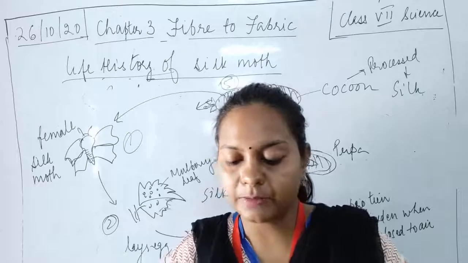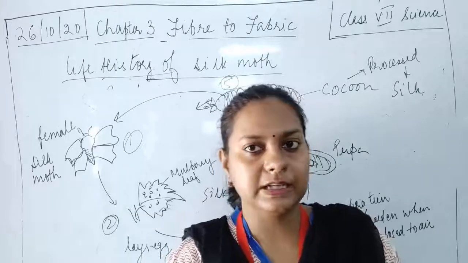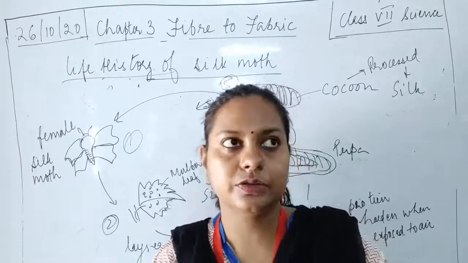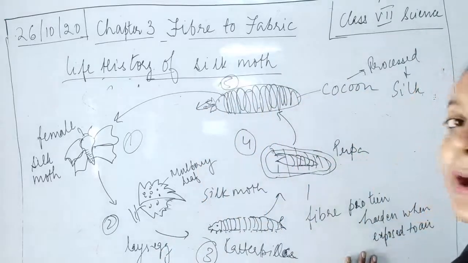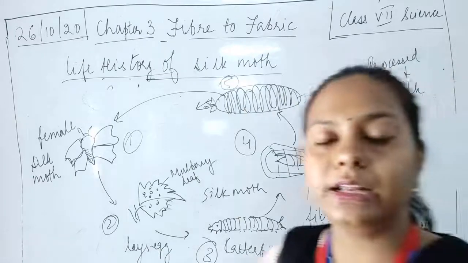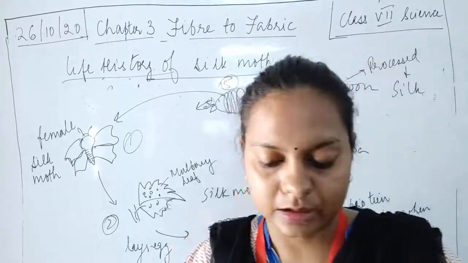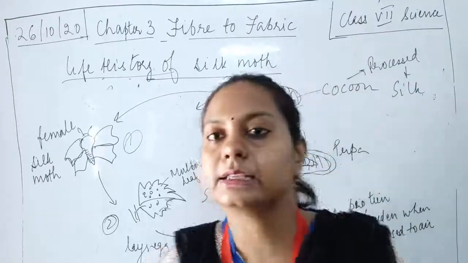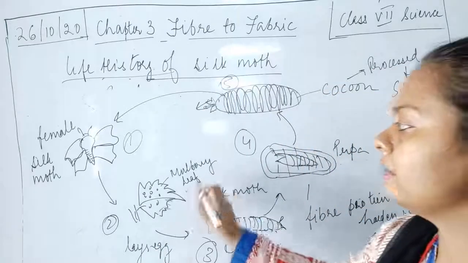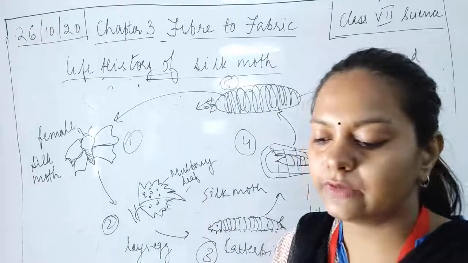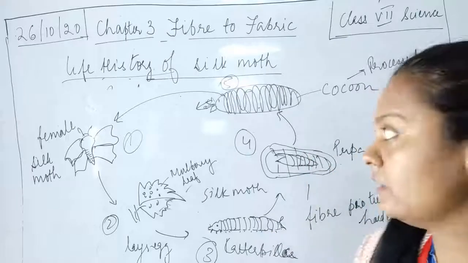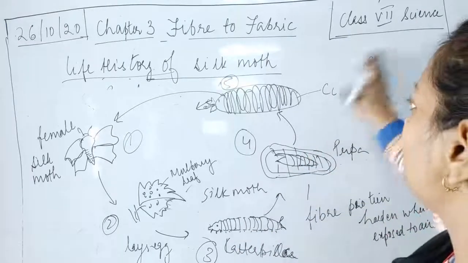Now they are obtained from different silk moths. They eat different food, and they create different chemicals, different fiber proteins, and this gives rise to different qualities and types of silk. The most common silk is the mulberry silk, because mulberry leaf is available everywhere, and this is the favorite food of the silkworm. So which one is the most common?